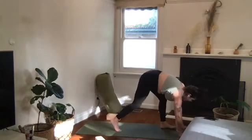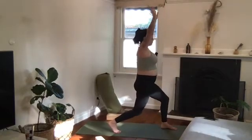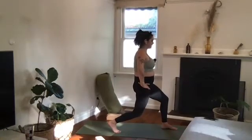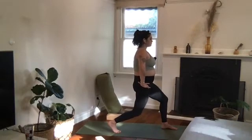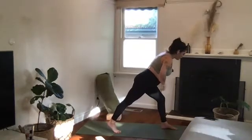Step forward, high crescent lunge. Reach your arms nice and high. Drop your pelvis low. 3 deep breaths, strong legs. Ribs in. Feel energy in both feet as we transition to arrowhead, wrapping the hips in and under, arms to the back